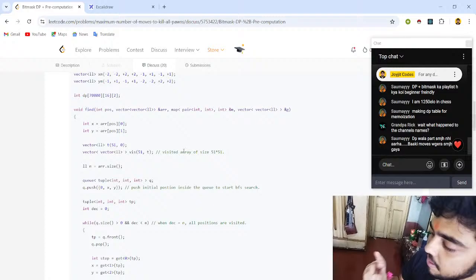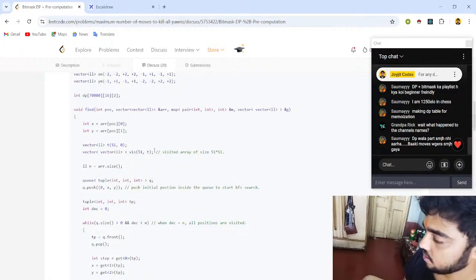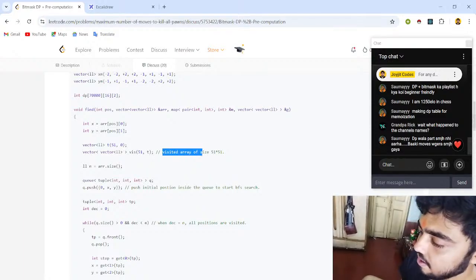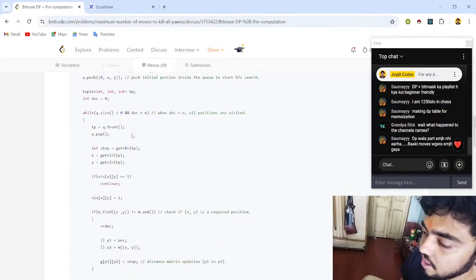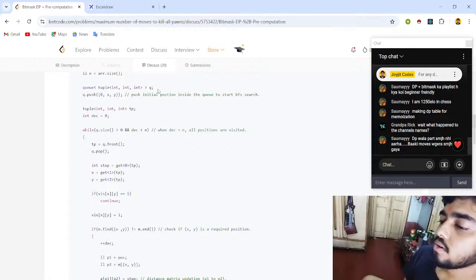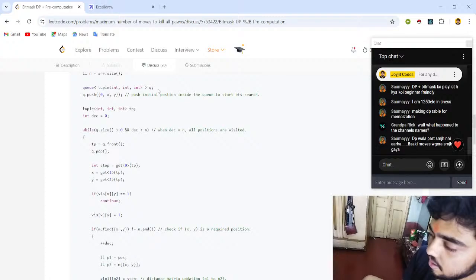Okay, I'll explain the DP. First let me just explain the whole code, what he has done. So visited array of size this thing. Okay, so where was I? So he's taking a tuple. A tuple is basically like, whenever we are going to go for like